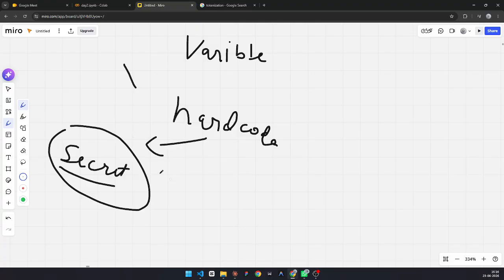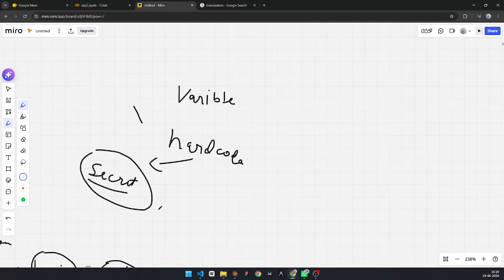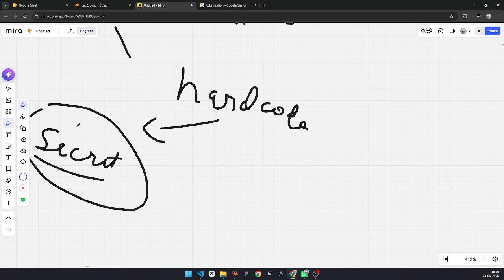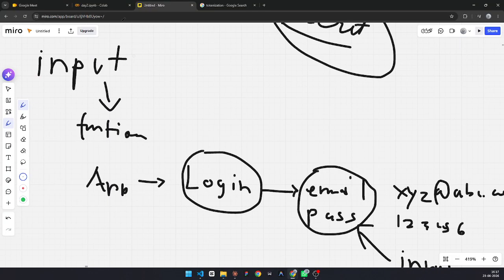You should keep it in an environment variable, which I will explain a bit later. I guess you all might not be familiar with environment variables. Some people might be, and that's an exception, but I'm considering that most of you might not be. So input, I will be explaining it right now.